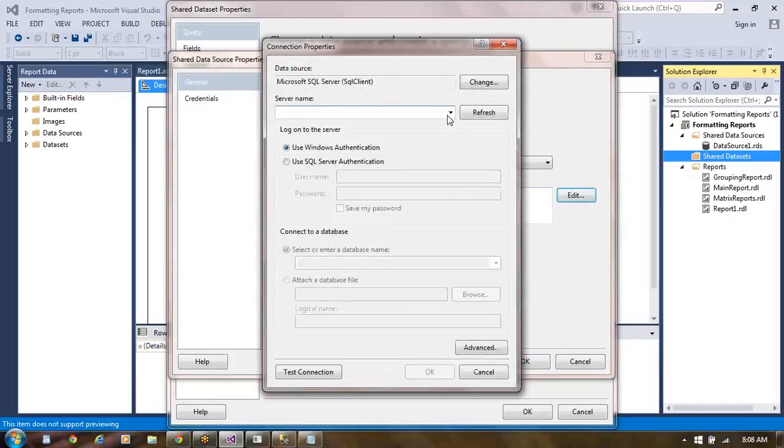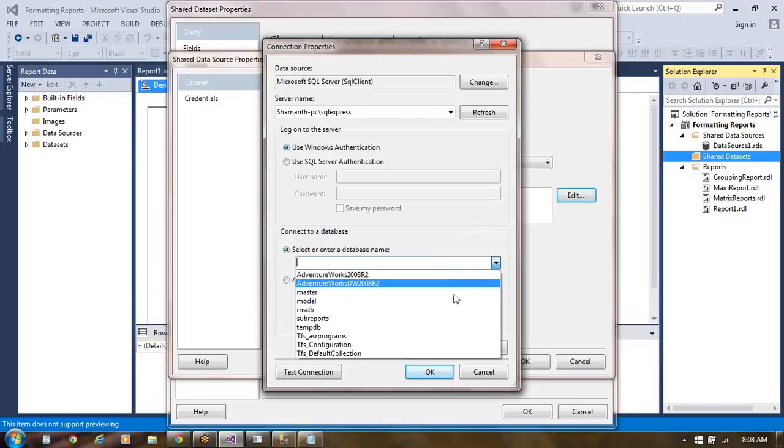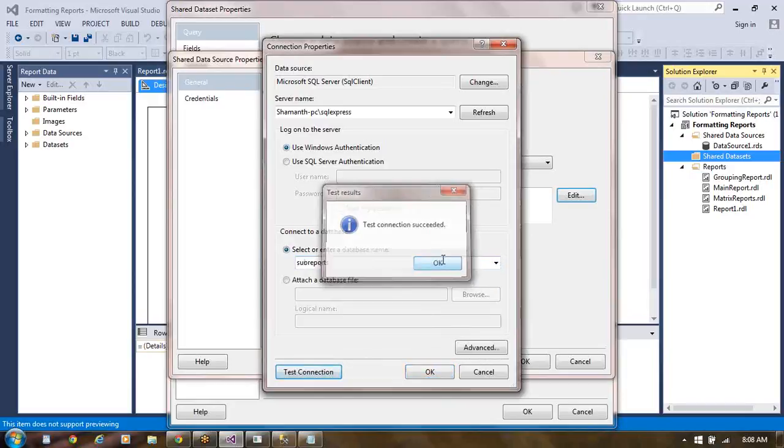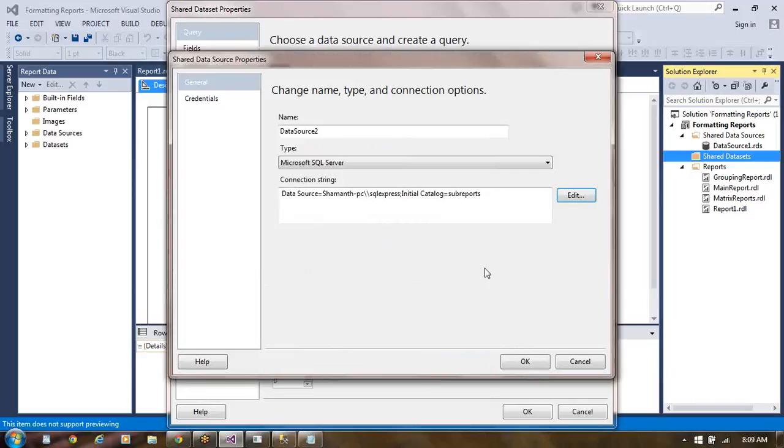So this is SQL Express, and here database we need to choose. Subreports is the database name, test connection, click on OK. So here database connection is created.